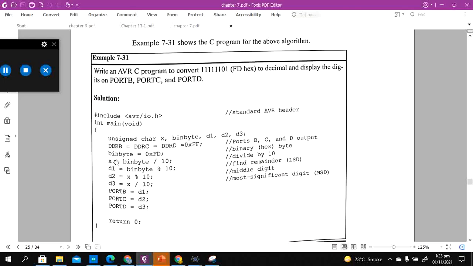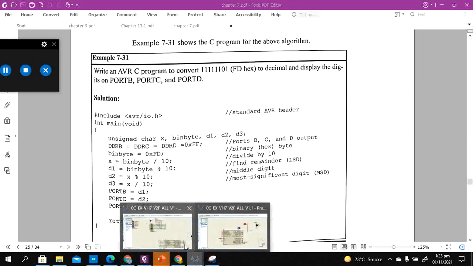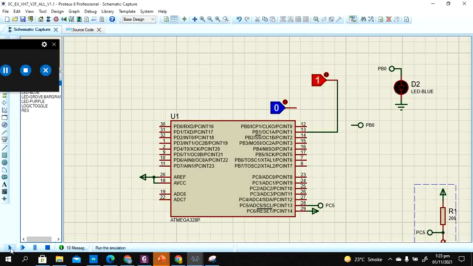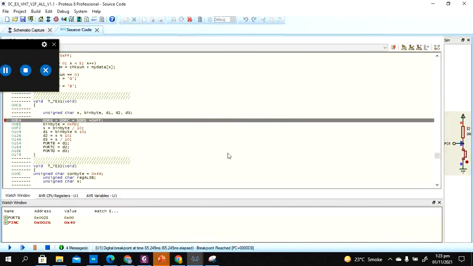You can work through these algorithms, these simple steps, mathematically to understand what operations are being done here. Simple mod and AND operations are done in order to separate the combined number 2, 5, 3 into three 8-bit numbers that will be represented on the ports. So when we run this program, you will see the corresponding numbers.